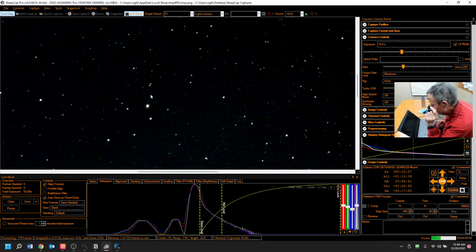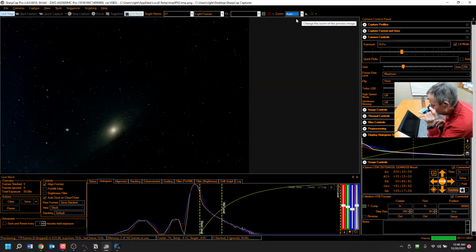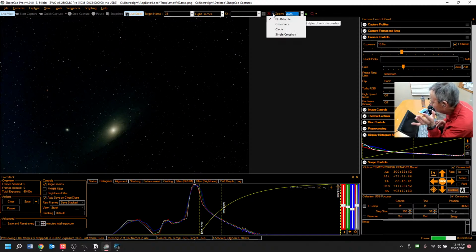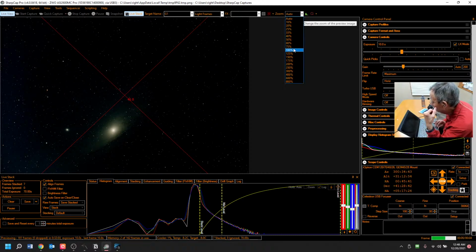Or a globular is something here that we're not seeing. We're zoomed in at 100%. That's auto. That's like all the way out. And the crosshairs are right there. So if we go to 100%,